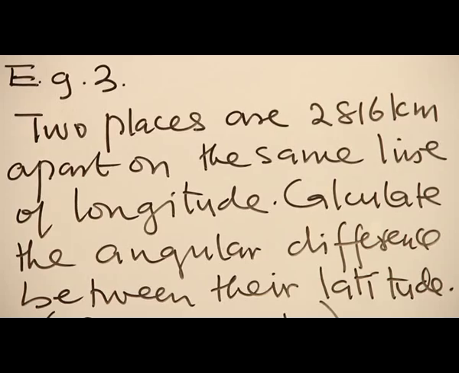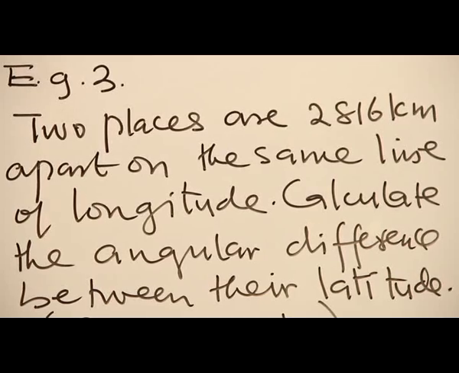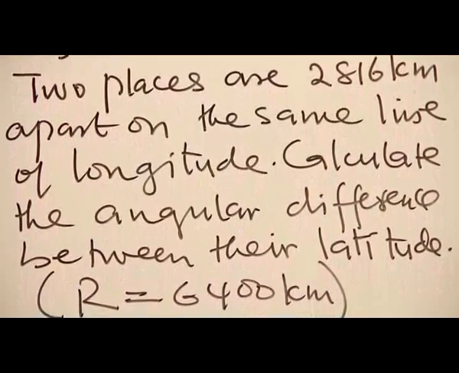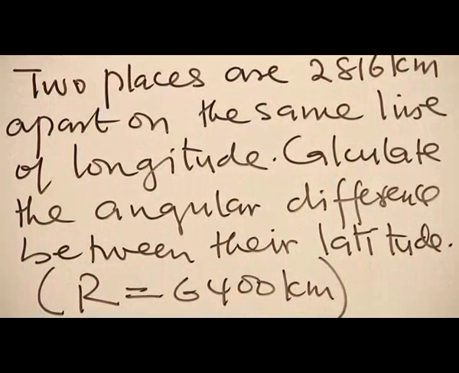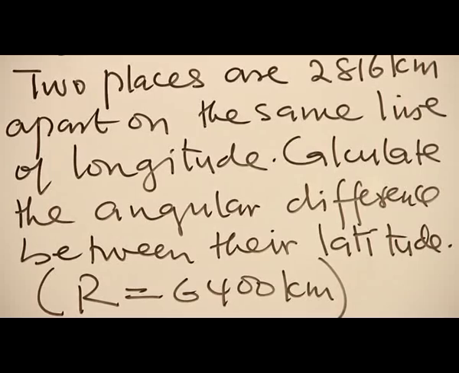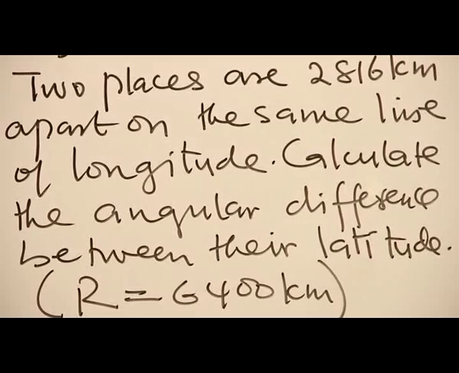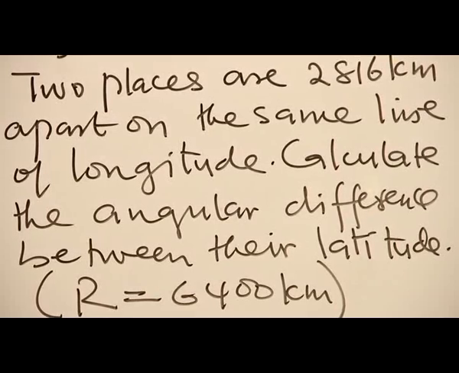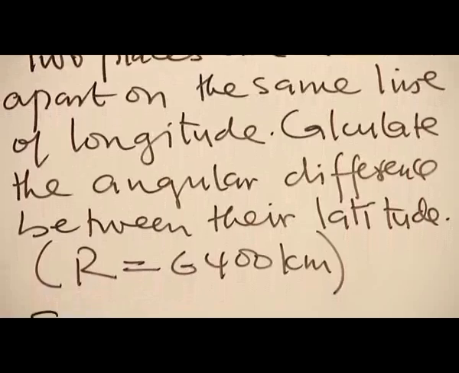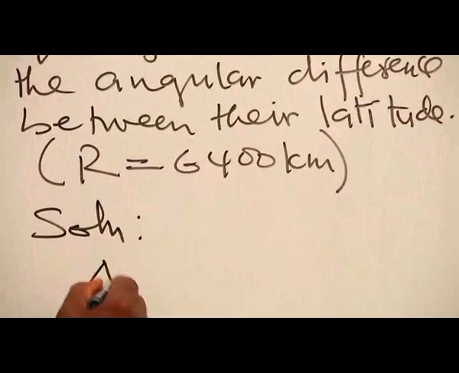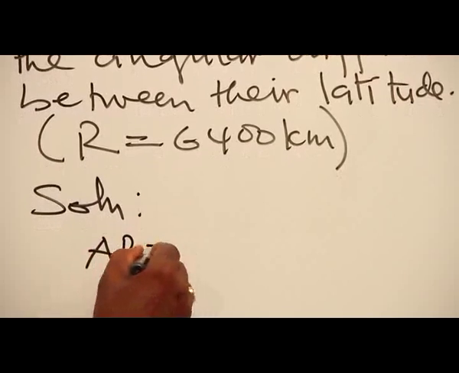At the stage we have got to now, we can solve this problem by having the understanding that when you are calculating the distance between two places on the longitude, we are talking about the great circle. That noted, we can simply use the formula without necessarily sketching how the two places appear on the earth's surface. So doing that, we have our solution here by knowing fully well if the two places are AB, then